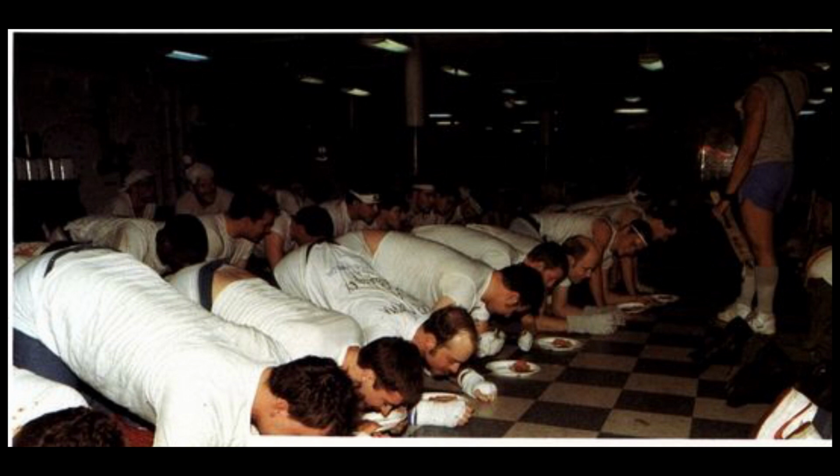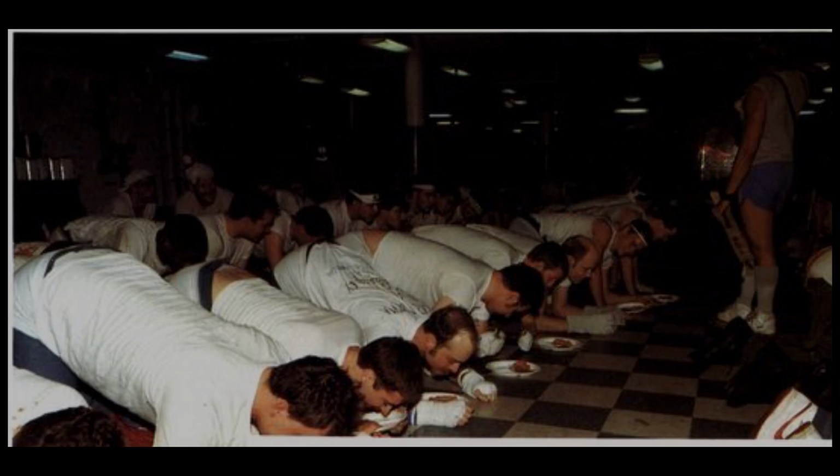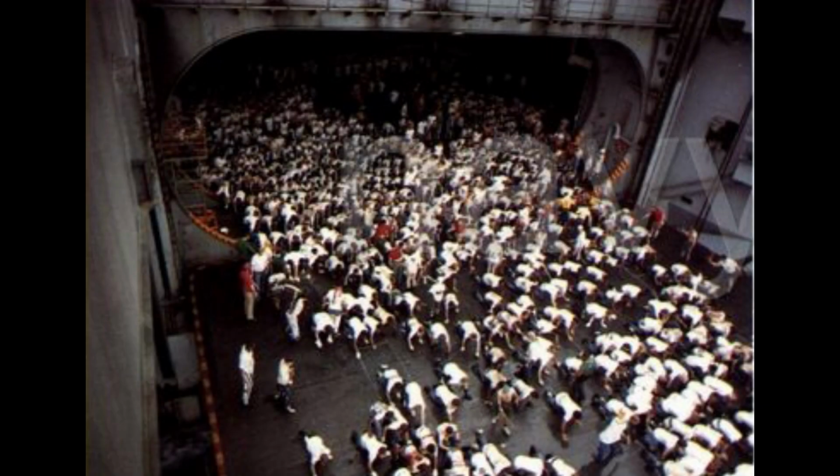and then they shuffle you all out onto the hangar deck, and they drop the elevators, and you crawl onto the elevator. They're squirting fire hoses on you from the flight deck all the while you're doing this. And you go up on the elevator to the flight deck, and they got the whole thing set up. Some of you have heard about it. You're crawling on your hands and knees across the flight deck. They have these stations set up. They'll make you stop along the way and do crazy stuff like blow oily water out of the pad eyes